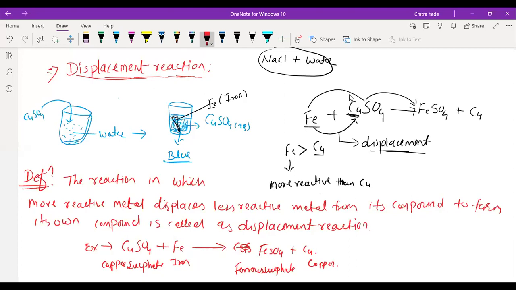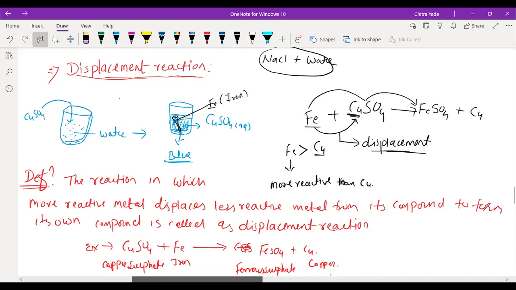Understood everybody, or are you getting any doubt? No, sir. No doubt? Pakka? Yes. Okay, everybody, I'm hearing only one or two replying, and the others are not replying. Yes, sir. Okay. So just take a screenshot, then we'll move to the next reaction. Done, sir. Done? Noted, sir. Okay.